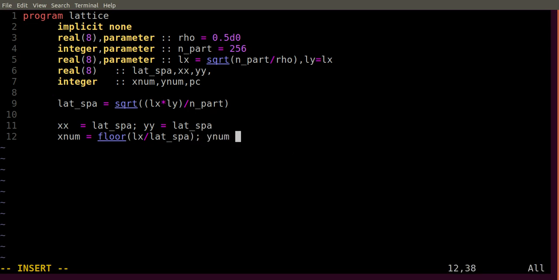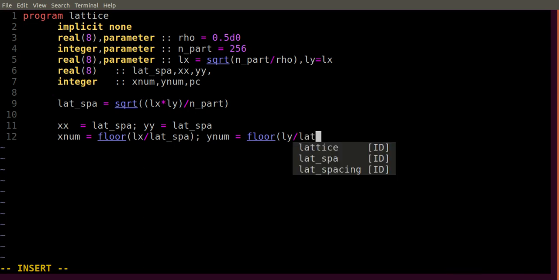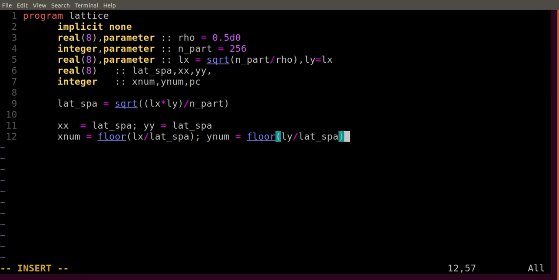So y num is similarly the float function of Ly by that lat spa, and now we are almost there. We have to define the particle count to be 1, because we have only placed one particle, which is this particle I have placed, and then we have to place other particles.